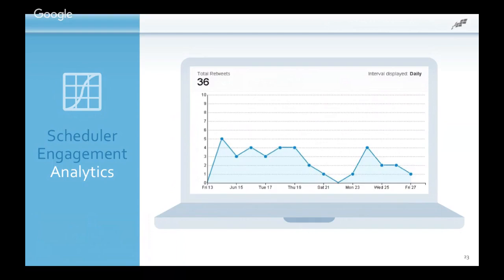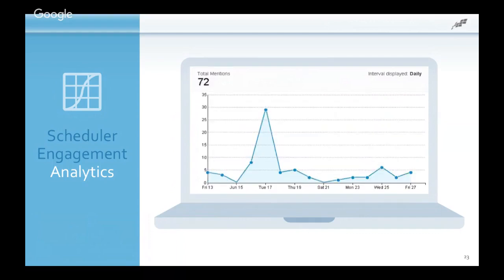Measuring your analytics is very easy. You can see inside of the tools the level of engagement across the entire network, as well as with individual content. So you can see which posts were most profitable or got you the most interest. You can see what the level of engagement and interaction has been, and it can really help you dig in to figure out what's working and what's not.